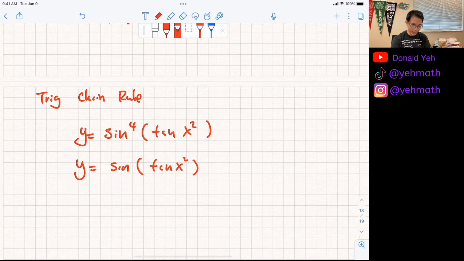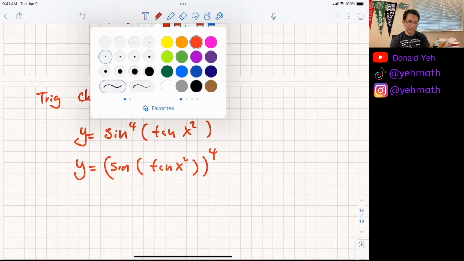So I'm going to write it like this, to the 4th power. If that's a 4, that means the whole thing to the 4th. They are between the function and the parentheses. Does that make sense? So I'm going to show you